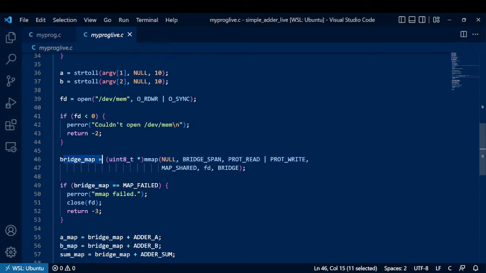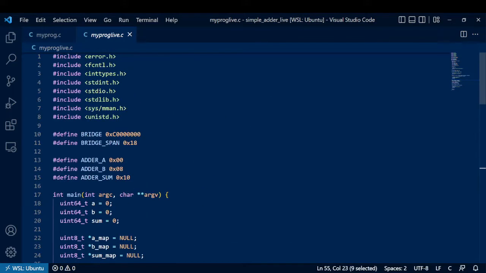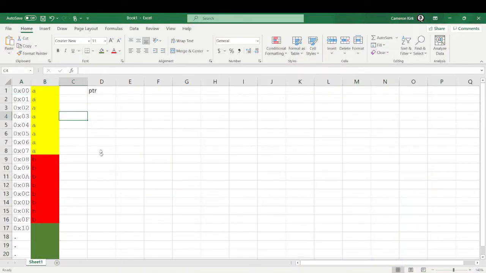right here we get our bridge map as a pointer, and then we're using whatever that pointer's value is and adding our adder A, which is our preprocessor definition of the base address. So we're using this offset to step from whatever the kernel returned to us, and we're stepping up to get a pointer to A. So we're getting a pointer to A, and then a pointer to B, and then a pointer to the sum